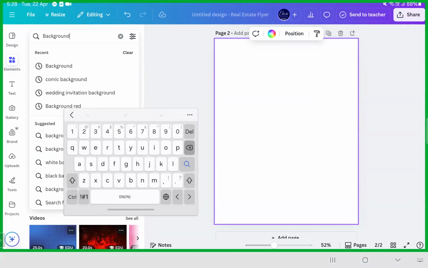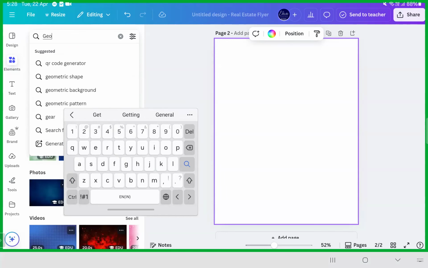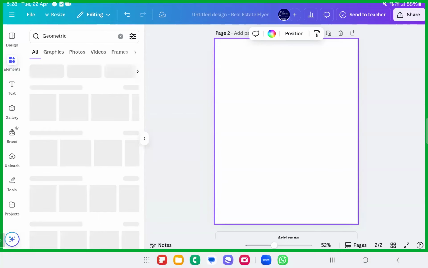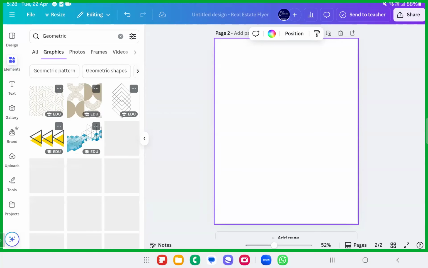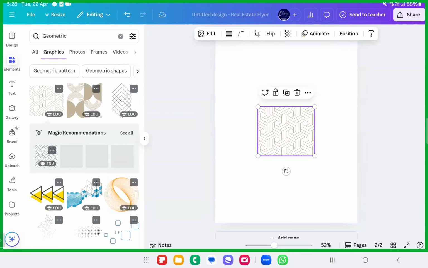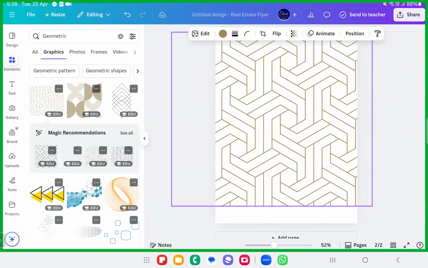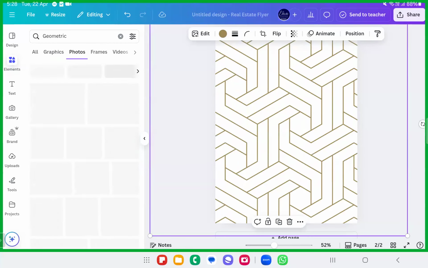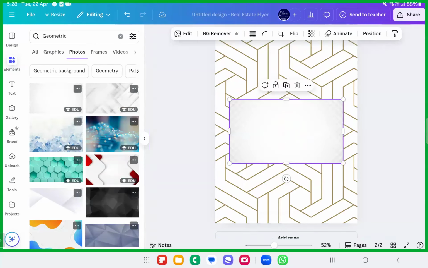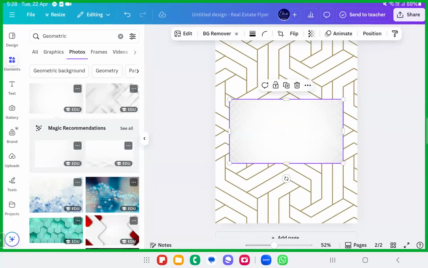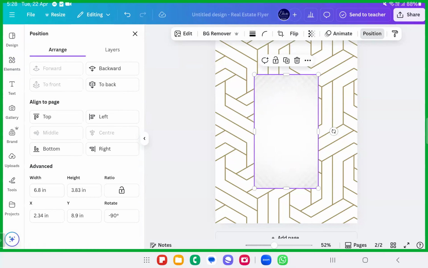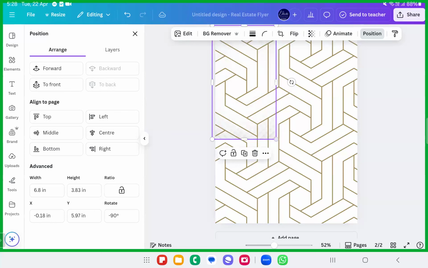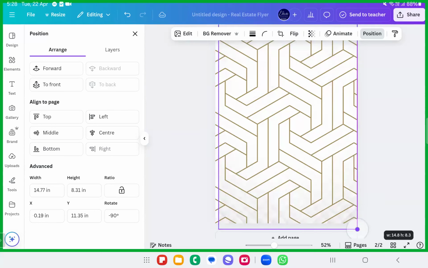The first name that we are going to write is geometric. Geometric. Come on, please try this. Search for it. Please write it down. See the screen? You will get geometric patterns when you write these things. For example, you can use these geometric patterns along with photos. I'll use this photo, flip it over like this and use it as a background photo. Position it to the back, and I'll use it like this. It seems good to me.